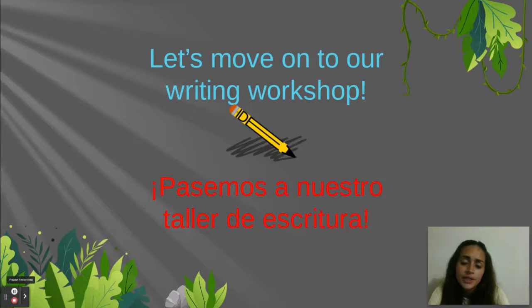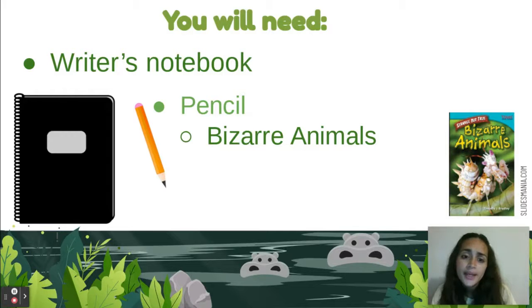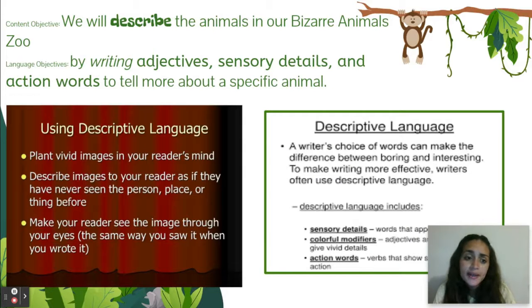Let's move on to a writing workshop. You will need your writer's notebook, a pencil, and your Bizarre Animals book. Now that we've had some practice reading and identifying some descriptive language, our objective for writing is that we will